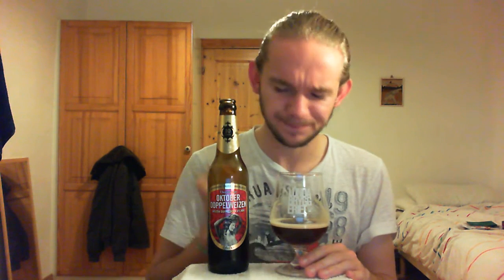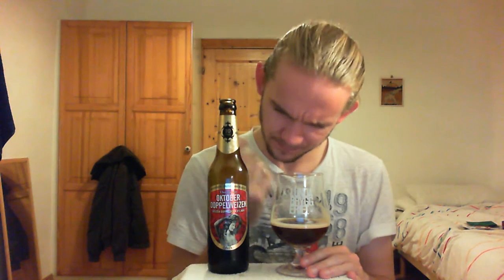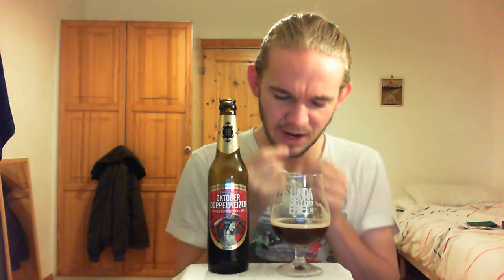Hallertau from Bavaria and Tettnang from Baden-Württemberg. Really nice hops from that region. But yeah, you'll notice as well with this beer, just behind the very front curve of your tongue, you get a nice little oily bubble, and that's where some of these kind of fruity flavours in this one are hiding. So you get a little bit of an oily character there, and you get some figgy, and I want to